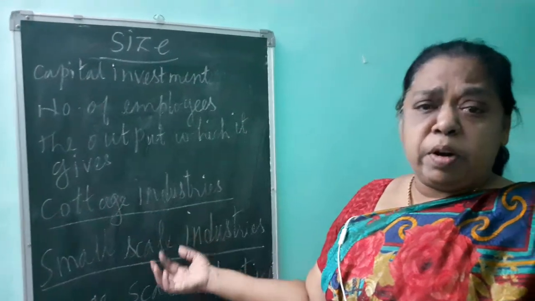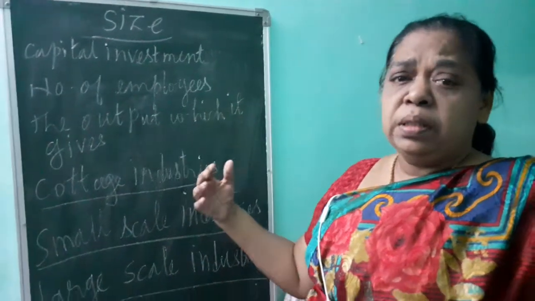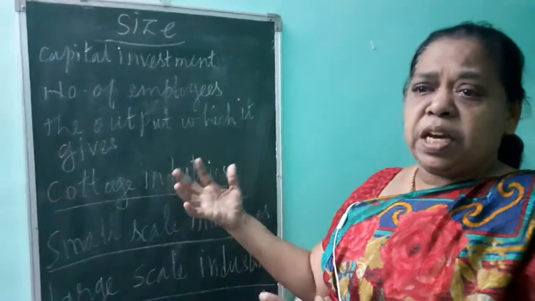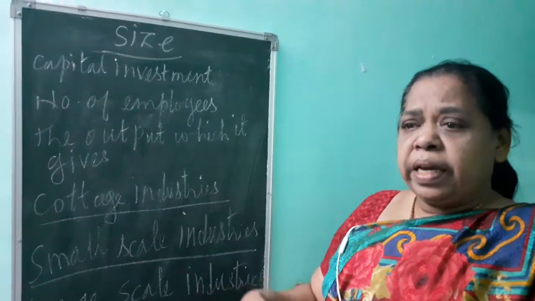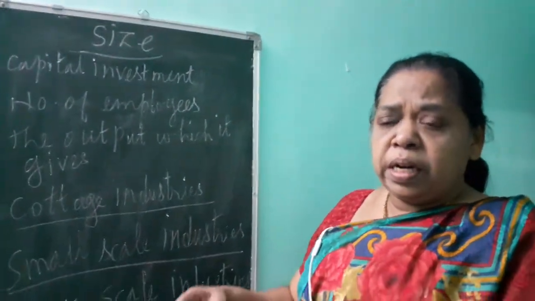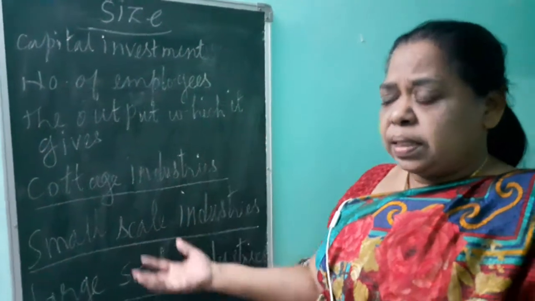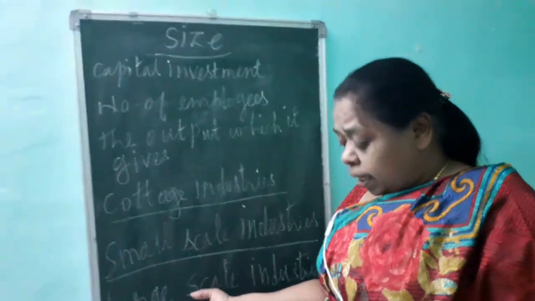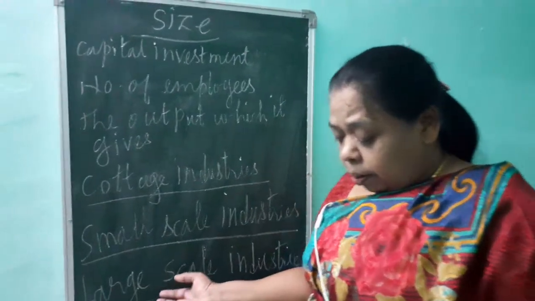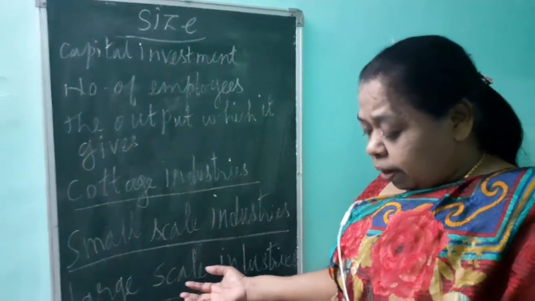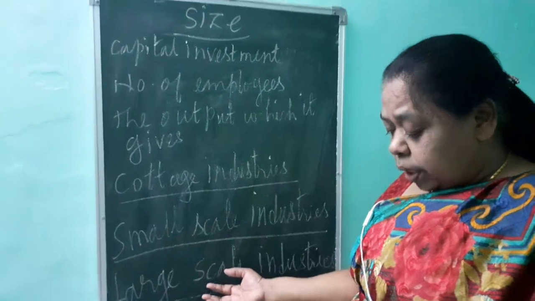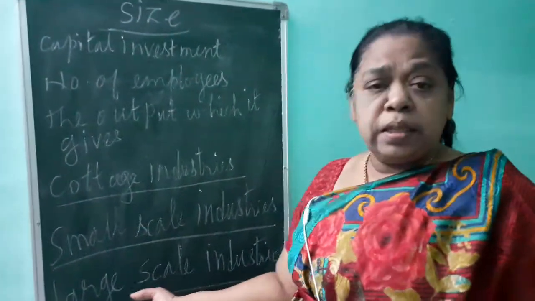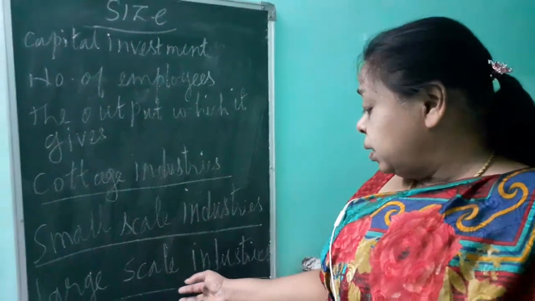They are getting the raw material from different regions. Regions means out of their city, out of their country. So they are getting raw material from outside also, and they sell to other countries also. Under this come the iron and steel industry, petrochemical industry, textile industry, and cement industry. These come under the large scale industries.